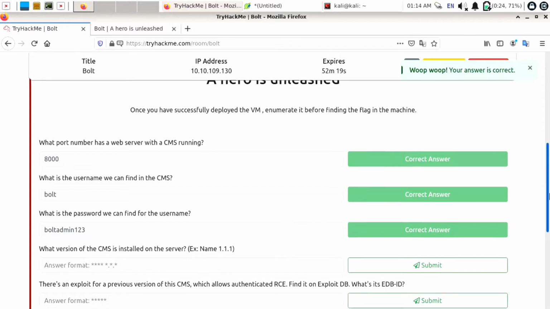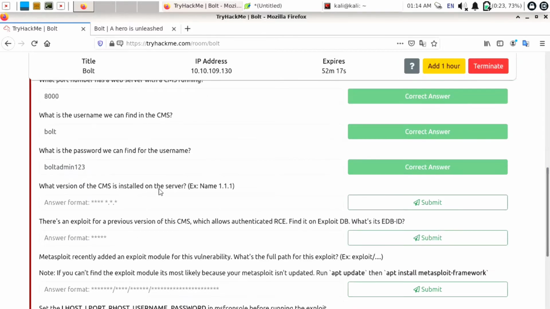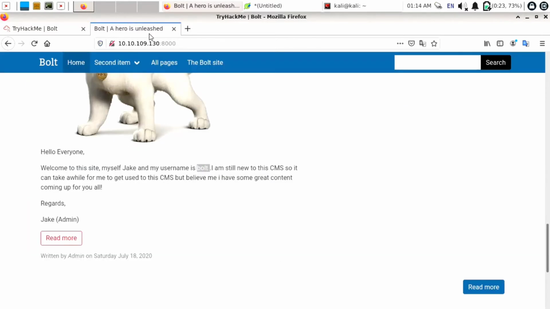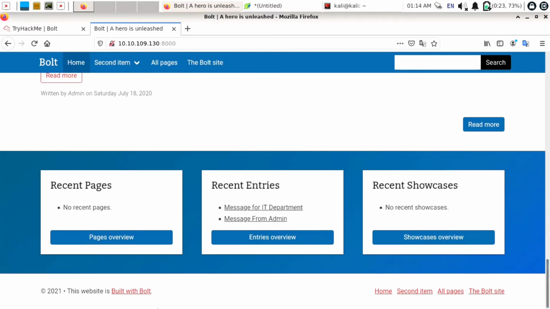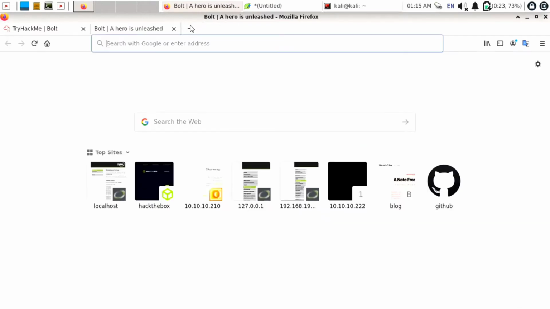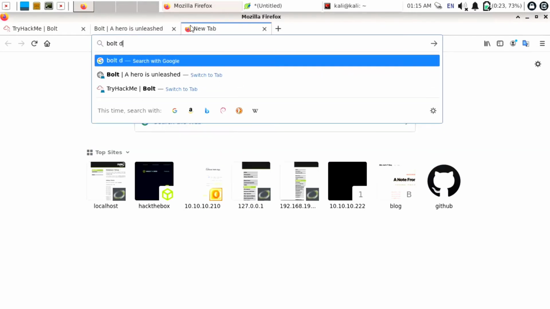Now our fourth task is, what version of CMS is installed on the server? So it is a Bolt CMS panel and we need to find its version. Just scroll down below and see if it is showing its version in the footer or not. So it is not showing its version in the footer. Now let's try to log into this. To log into this, open a new tab and find the Bolt CMS default login page,